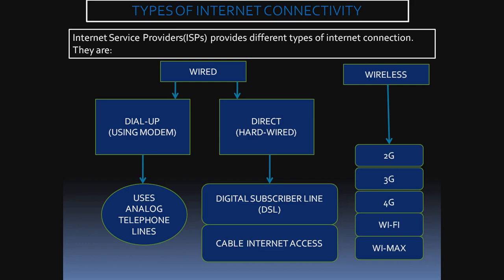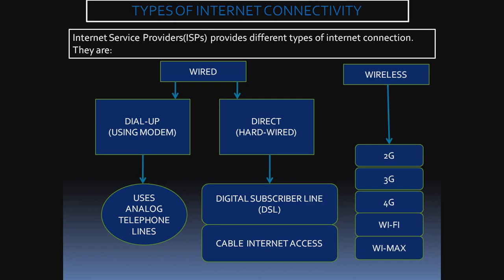And when it comes to wireless, our smartphones use wireless services. We have 2G, 3G, 4G, Wi-Fi also we have, and there is something called WiMAX which uses microwave signals, where wires cannot reach and for places which are far away. They can construct towers at a distance of 30 kilometers and use them to connect to internet. So these are the services that internet service providers provide us. You can avail any one of them to upload your web page.